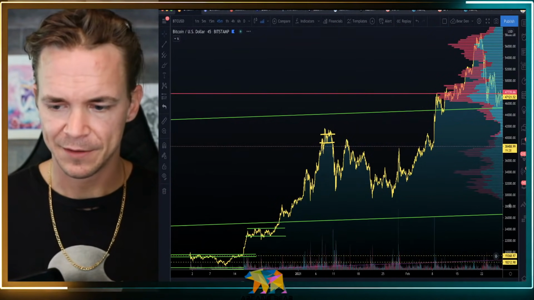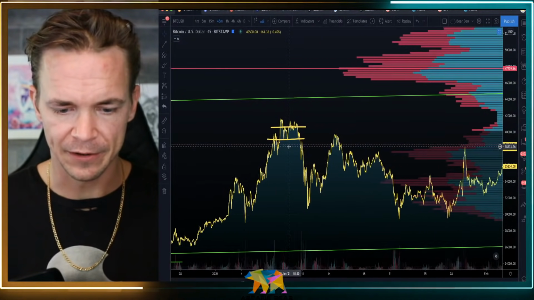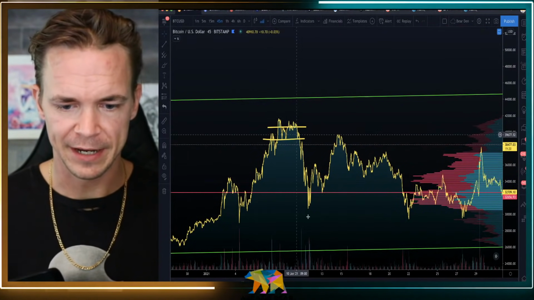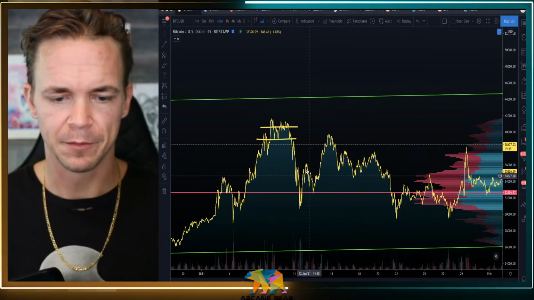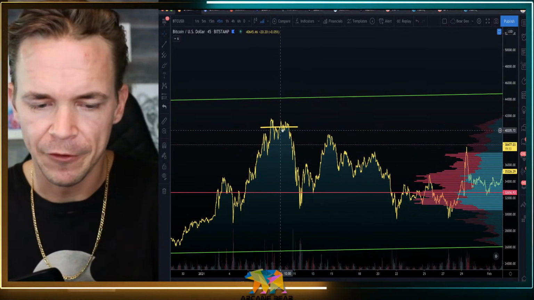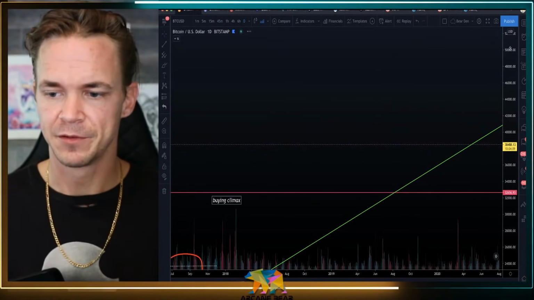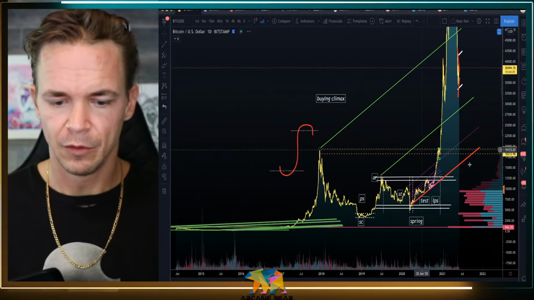So going back to this particular moment in time, we can see a few key characteristics of this temporary distribution on the 45-minute taking place. But it was very, very irrelevant in terms of the macro perspective. Generally speaking, on the smaller time frames, they become irrelevant. The bigger time frame is really where the story and the picture come from, right?